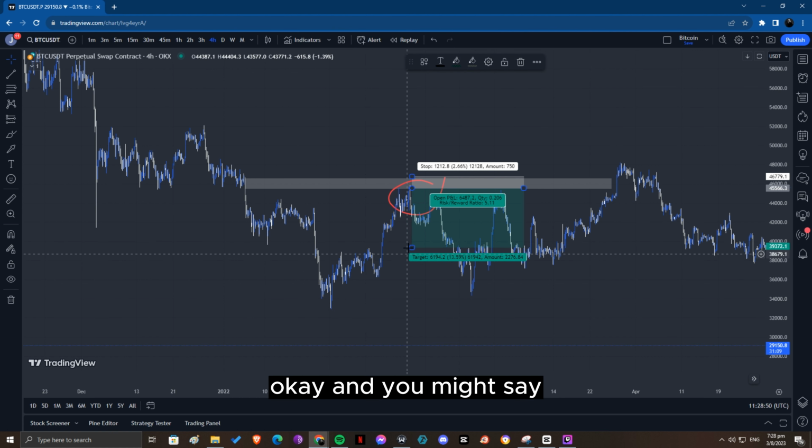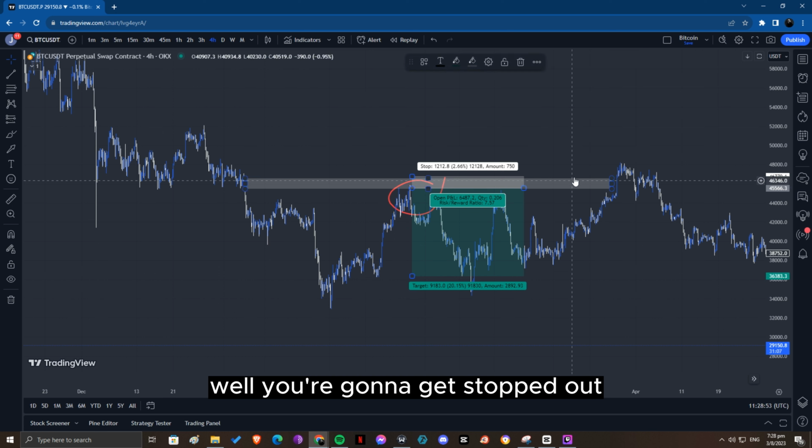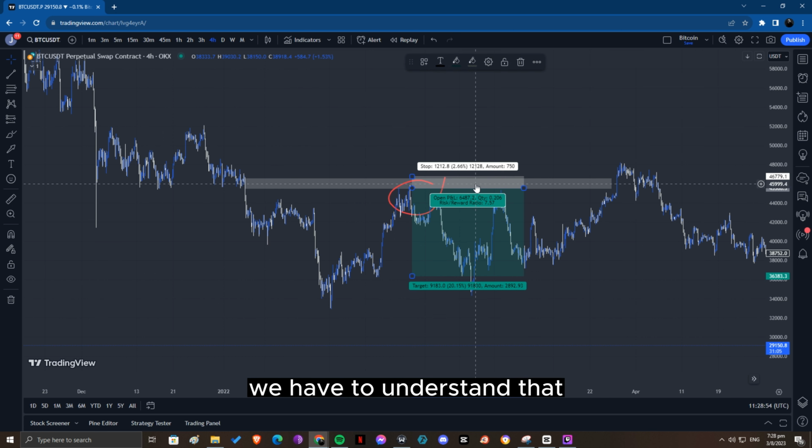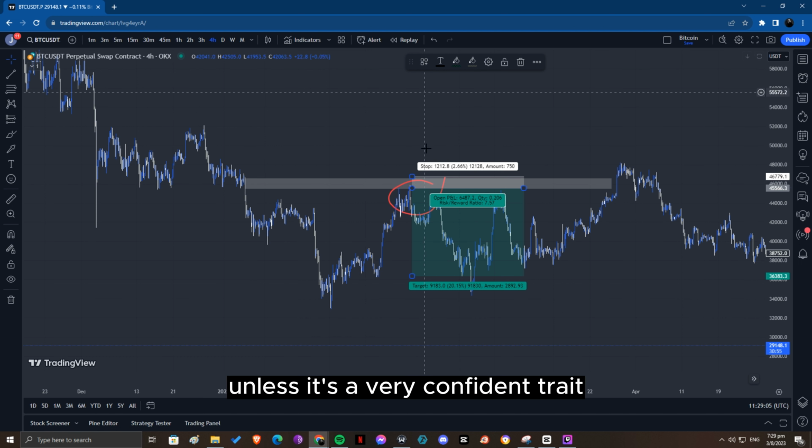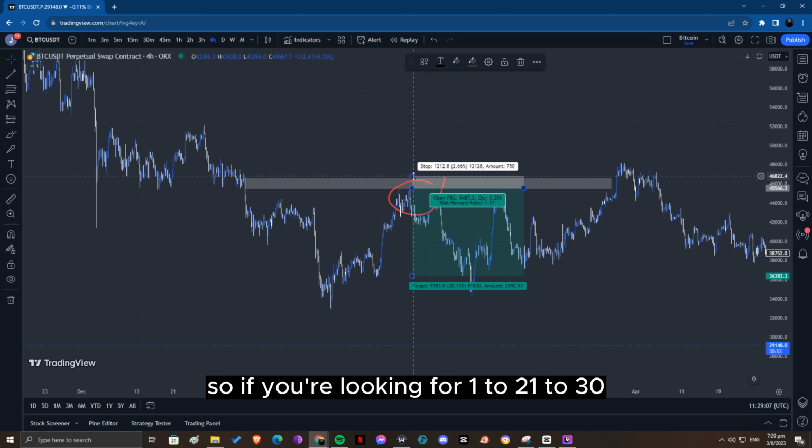Okay, and you might say, well, why not here anymore? Well, you're going to get stopped out. We have to understand that when we're playing with the risk-reward ratio game, we have to not be greedy. I usually stop at the 1 to 3, 1 to 4, 1 to 5. I never go above that unless it's a very confident trade. So if you're looking for 1 to 20, 1 to 30, then you risk being stopped out many times before